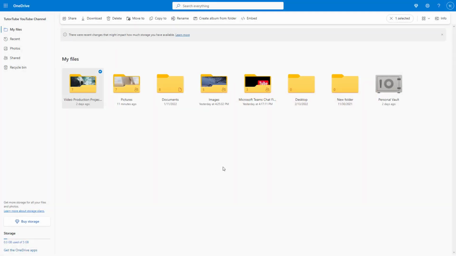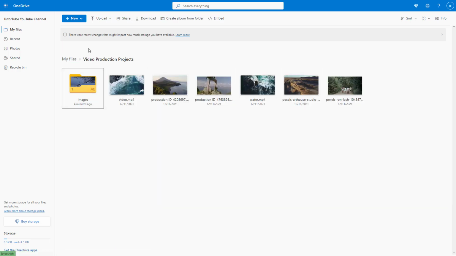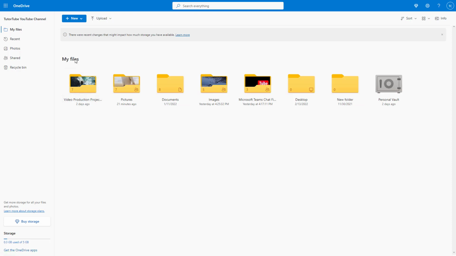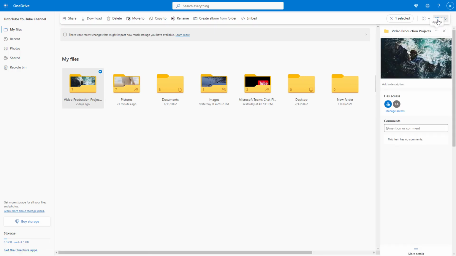So over here you can see that I have a bunch of folders, and if I want to view information about these folders, then I can do that as well. To do that, I'm going to select this particular folder right here. Let me just go back to my files and check mark this particular folder. Then I can click on the info button over here on the top right hand side. And over here you can see that video production projects is shown right here with a preview video as well,